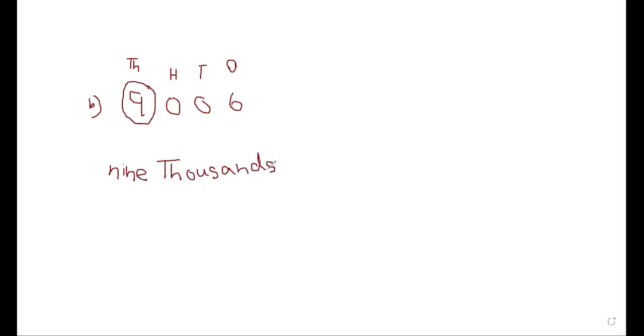Nine thousands. So this is how we find the value where our 9 is placed. It is placed on 1,000. So we have 9, so it becomes thousands. It is not 1. If it is 1, you write only 1,000. But we have how many thousands? 9. So we are going to write 9,000. Fine. Now, what they were saying: write its value. We are done with our value, and now draw beads on the abacus to show the value.